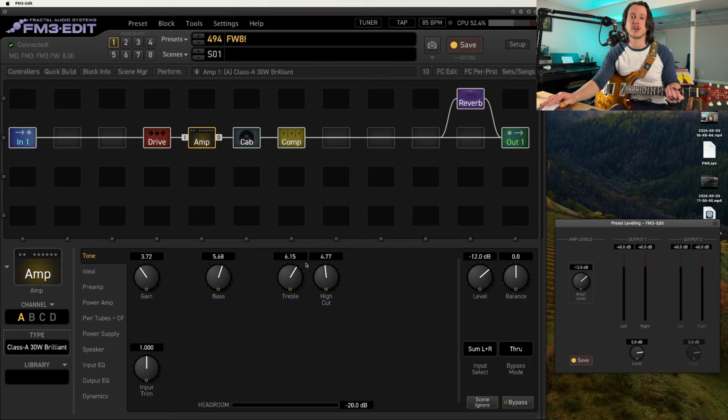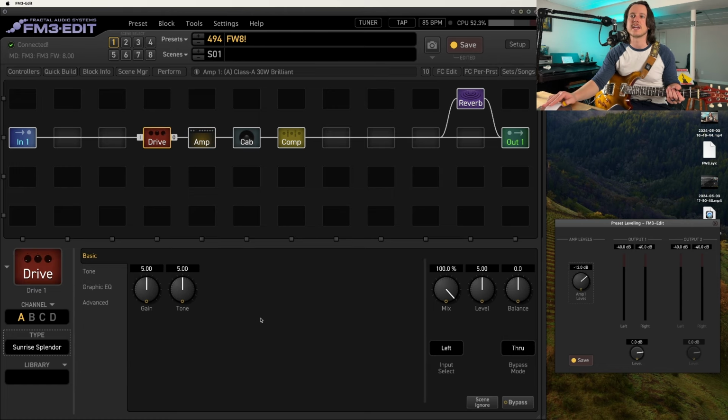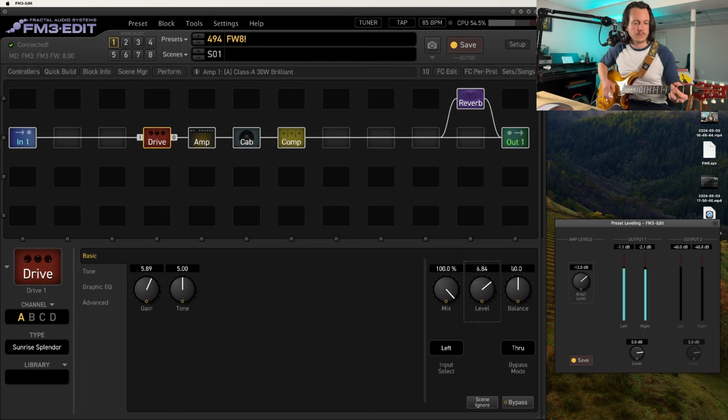This is on amp channel A right now, so the lower gain, and this is what it sounds like, again on the bridge pickup. Let's go ahead and just boost this up a little bit. And then here's the... So that was the higher gain with the drive pedal engaged as well. It's a really, really nice